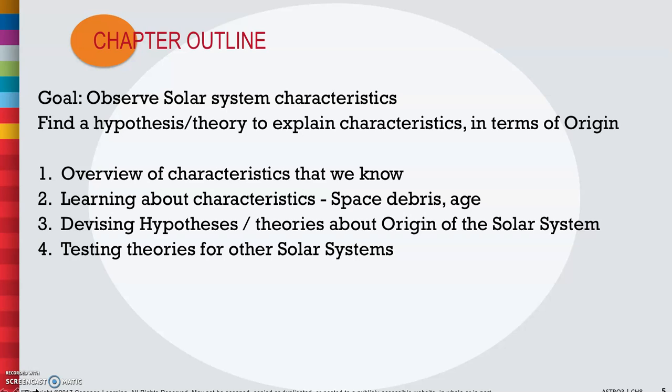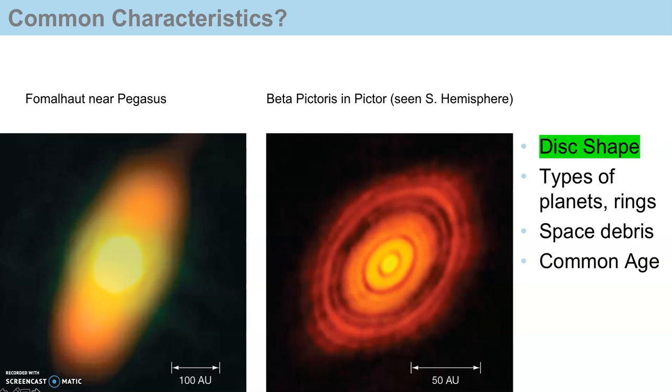Now, what do other solar systems teach us? Other solar systems, like what we see for the star Fomalhaut near Pegasus, show that disk. And if we look in the southern hemisphere, we can see Beta Pictoris in the constellation Pictor, and look at that beautiful disk. So when it comes to the characteristics of our solar system, the disk shape, the different types of planets, the space debris, the common age, at least we're seeing the disk shape on visual for